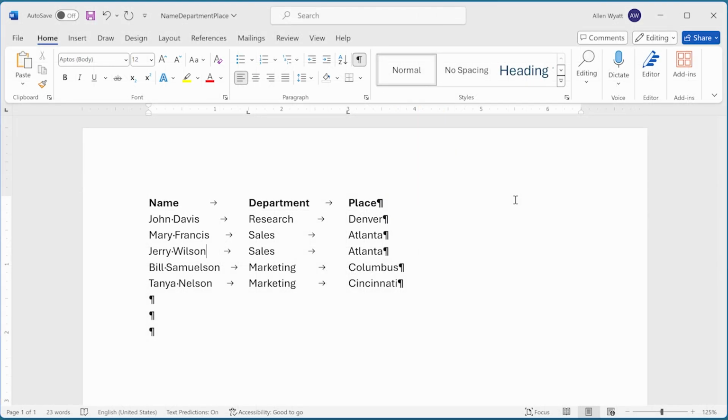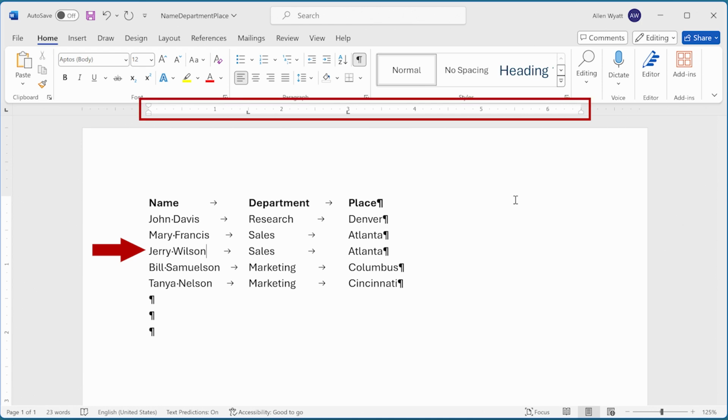Notice where the insertion point is within this document. I've placed it in this paragraph. Now, take a look at the ruler just above the document and below the ribbon area. This paragraph has tab stops set within it, and those tab stops appear on the ruler right under the measurement